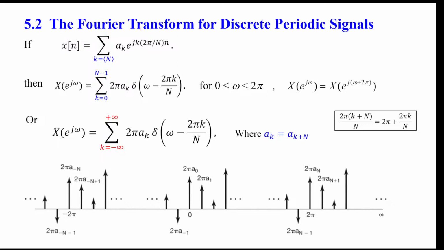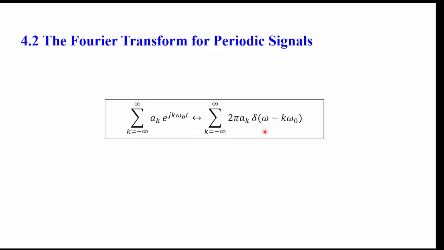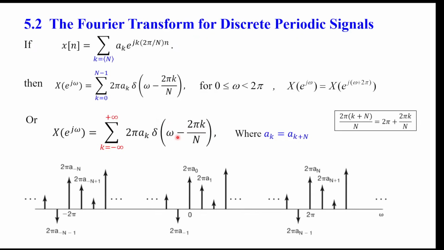So this is the Fourier series representation of your discrete time signal x of n. Then we say that now the frequency domain signal needs to be periodic with period 2 pi because this is discrete time. So instead of one impulse for each e to the jk omega naught t, we have an impulse train for each jk omega naught t. So if you write this, we say big X of e to the j omega is this same linear combination of 2 pi times delta, but we also say this is periodic, so this keeps repeating itself